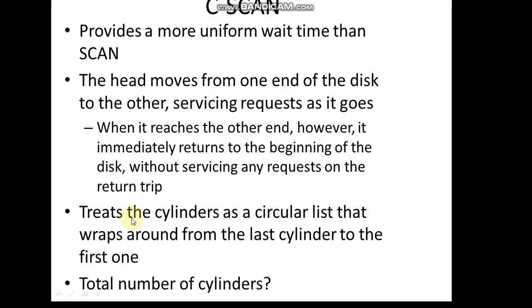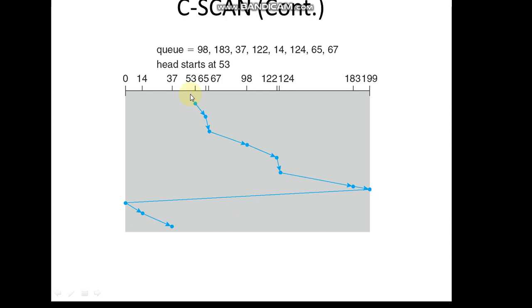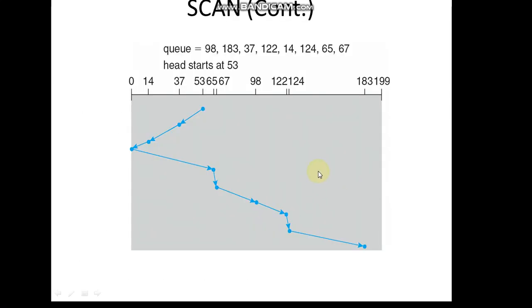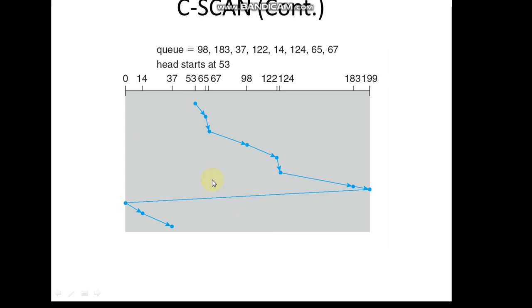How it works, I'll show you with the plot here. You can just observe here, we have considered the other way of working, that is from the current position of the head, the starting point of the head, rather than going towards the left. Here the example is taken where it is moving towards the right hand side first, and in the previous case, as you can observe, when it was doing a return trip, on its way it was servicing the requests. Whereas in this case you can observe it is servicing only when it is moving towards the right side. Once it has moved to the rightmost end, it will not service requests on the way, like 37 and 14, which are not serviced.